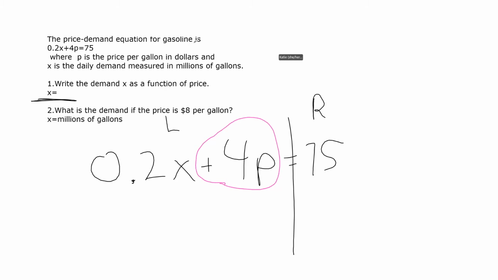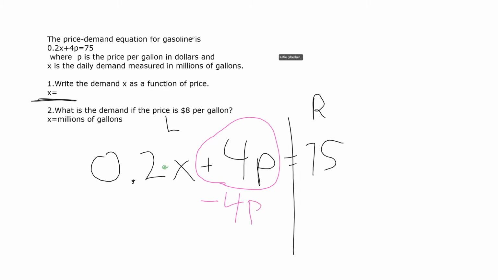Why is that the easiest thing to get rid of? I will tell you, because in between any number and letter is a tiny multiplication sign. It's harder here to get rid of the 0.2 times x. We'd have to divide everything. We're already going to have to do that anyway. But let's get rid of the easy part. Minus